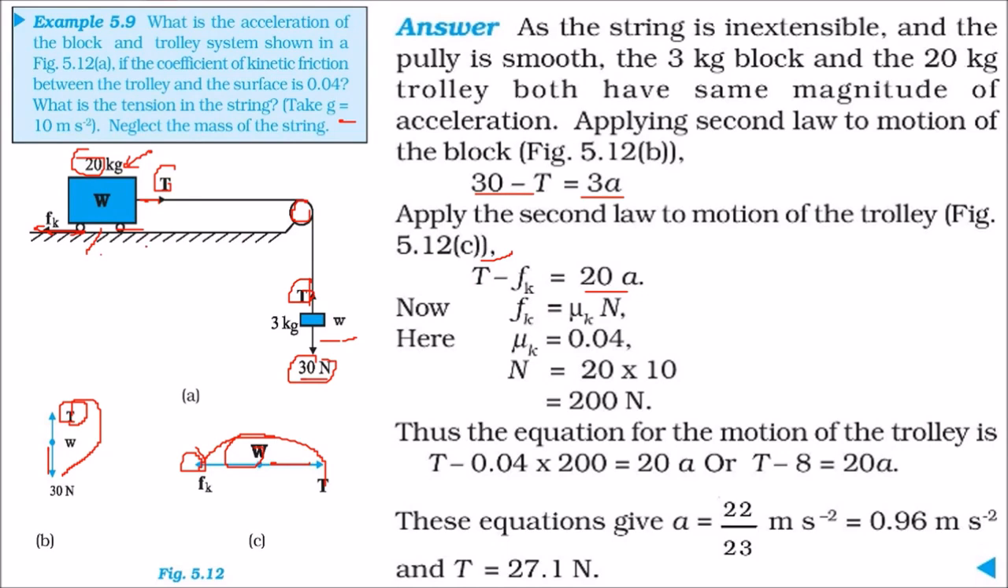And we know for this Fk, Fk will be equal to mu k into N. Mu k is given as 0.04. Put it here. So N will be simply 20 into 10, that is 200 Newton. Now put this value of Fk we have found into this, and this gives you another scenario. We have to just solve these two equations. We get acceleration and